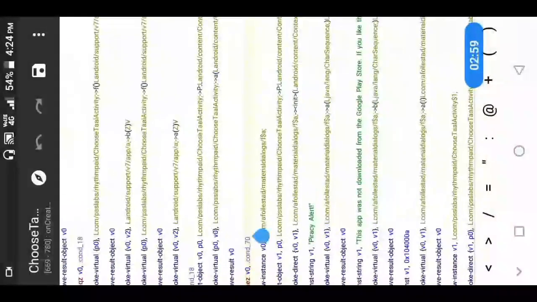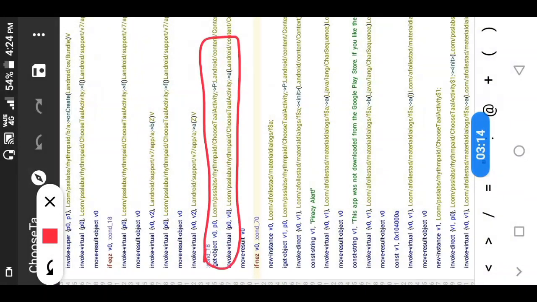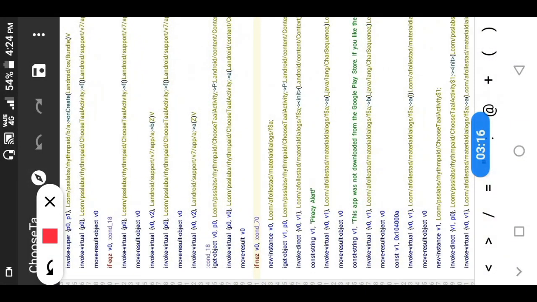Now you can see here we have one condition running. When this condition runs these steps, after running them it will move the result to v0.